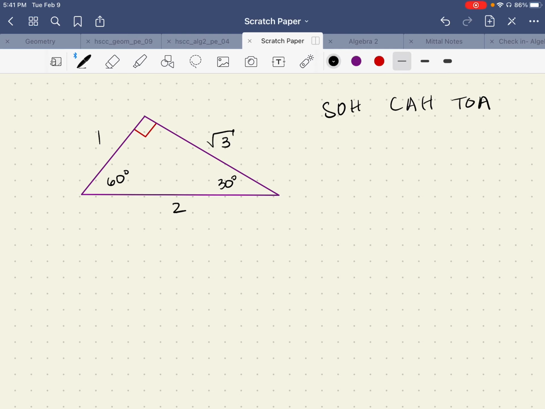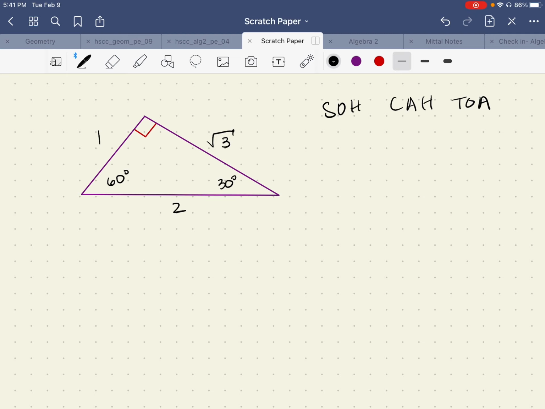So the most important thing to understand is that trigonometry is just studying the ratios that we can create within a right triangle. At least that's where it starts. It can expand from there, but that's the basic premise. When you're talking about the trig ratios, you always have to have a reference as far as what